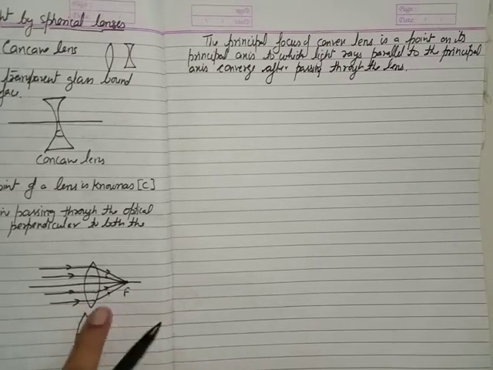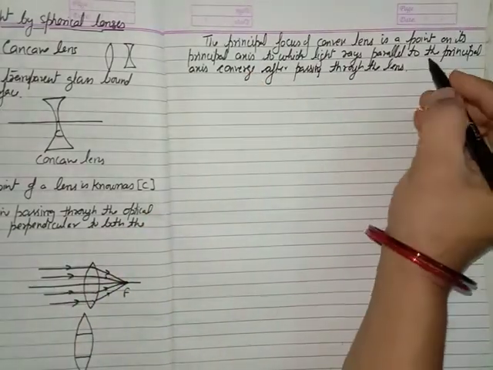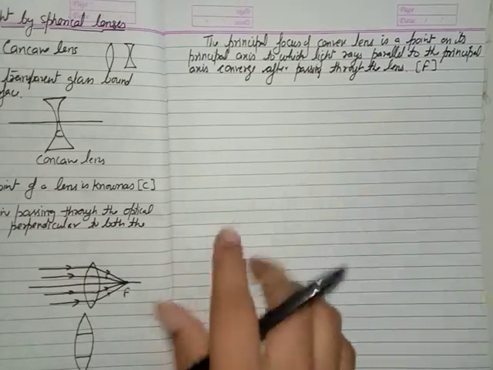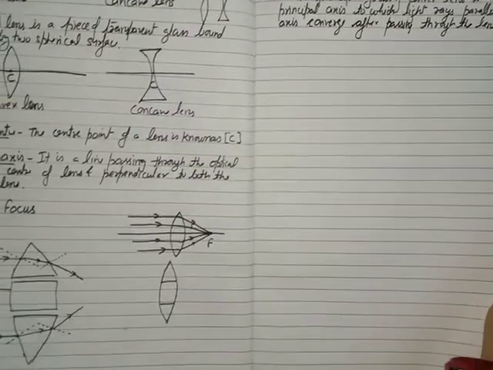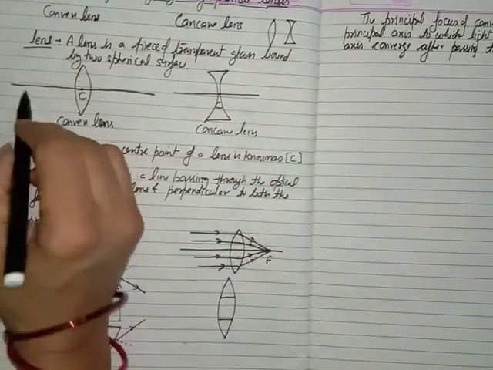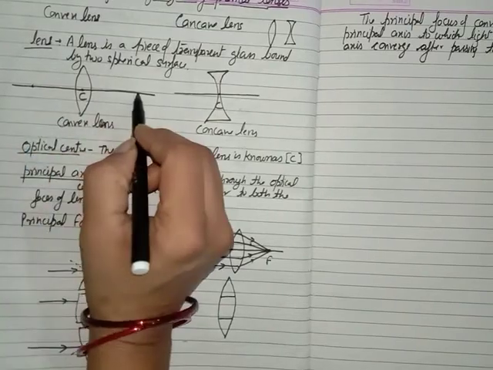And we represent the principal focus by using the symbol capital F. And for the convex lens, or also for the concave lens, there are two principal focus. One is here and the other one is here. Because